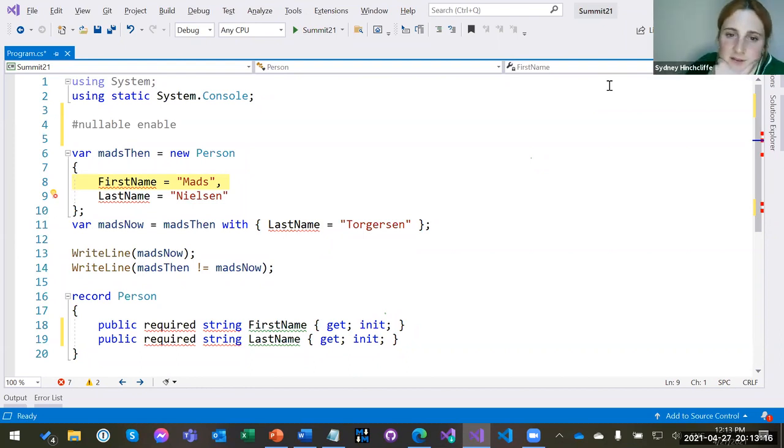Craig's just asked, why do we need the required keyword for records? Can we define a record like public record Person, string FirstName, string LastName, which achieves the same thing? No. Oh, you can absolutely use constructors. That is essentially using a short form that records have for declaring a constructor. You can use constructors to require initialization, and that works. That's always worked in C#, even though we haven't had that short form for it. Declare a constructor with non-optional parameters and force people to call that, and everything's required, and that's good.